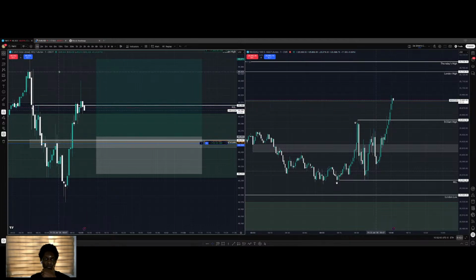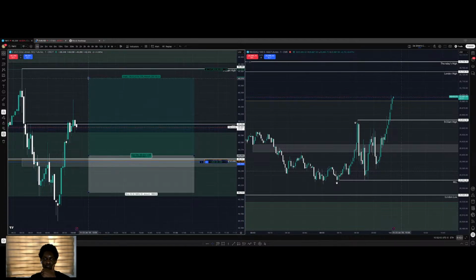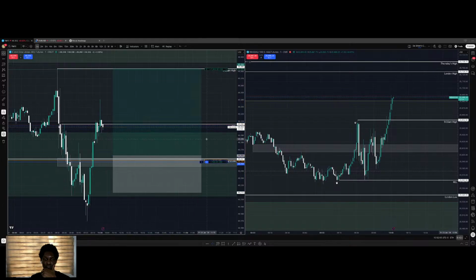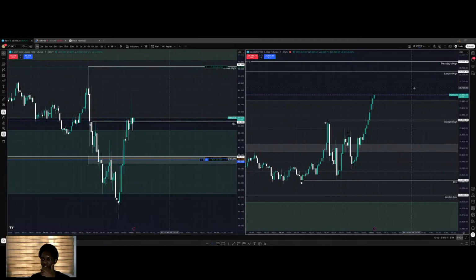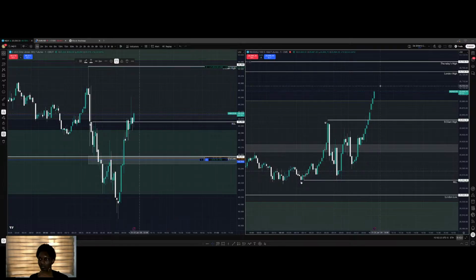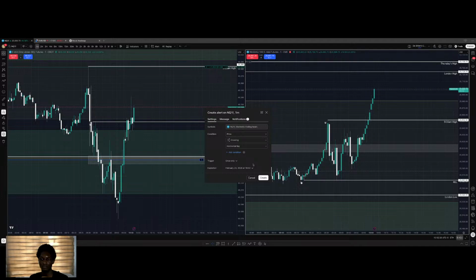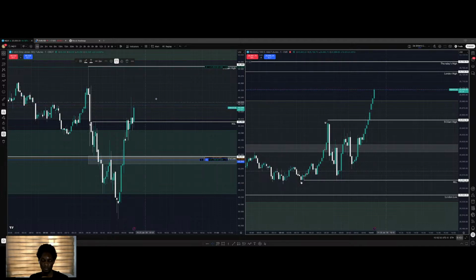So let's see what happens. Let's see. YM is just going higher. So right now it looks like we're going for London highs on YM, right? So I would expect as these ones are going higher, this will keep pushing for this, which is good, really good. So let's see how this 1 minute candle closes. So right now we're at break even, we're not risking anything, which is very good.